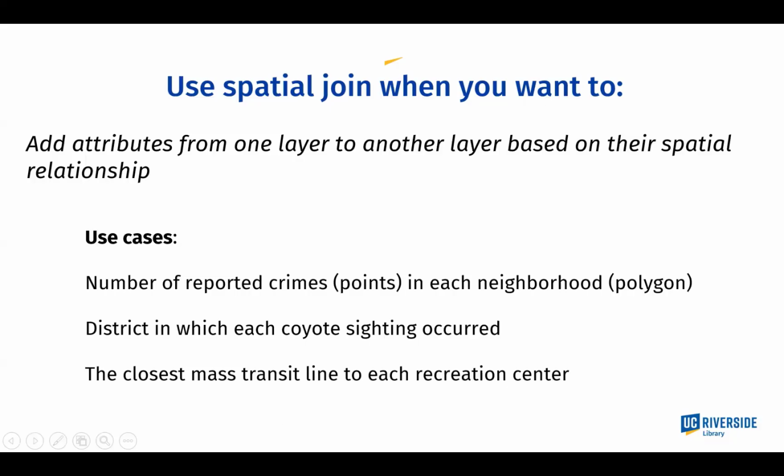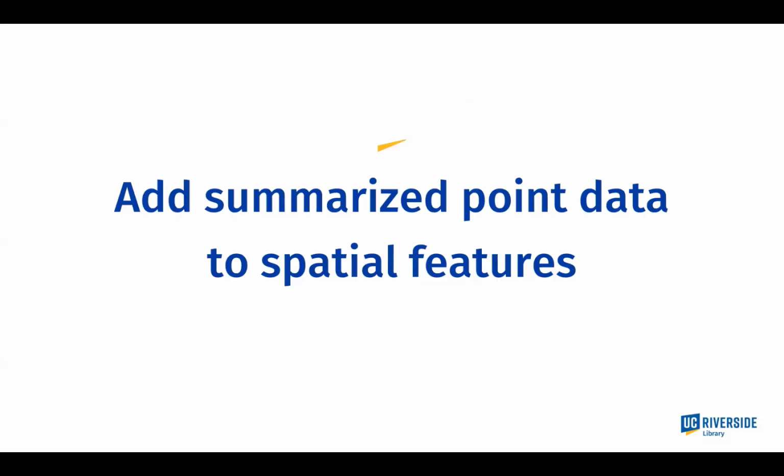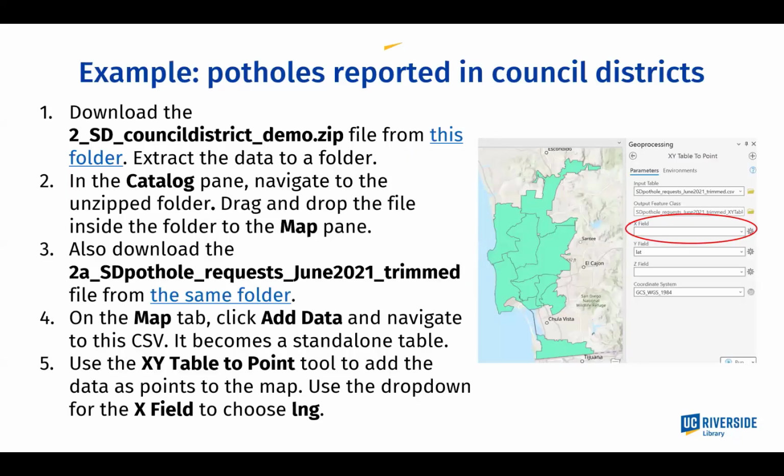And we're just going to take a couple of examples with a different set of data, not happiness now. I was able to find data about potholes that were reported in the city of San Diego. And I also found a map of council districts, because I thought maybe the council members would want to know how well they're doing compared to all the other districts as far as the number of potholes reported in their district. So